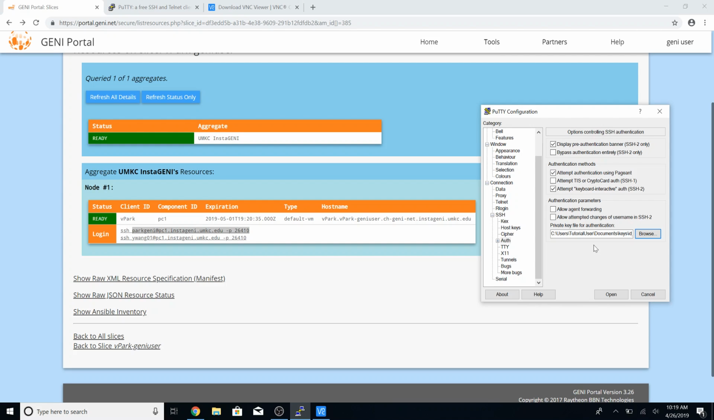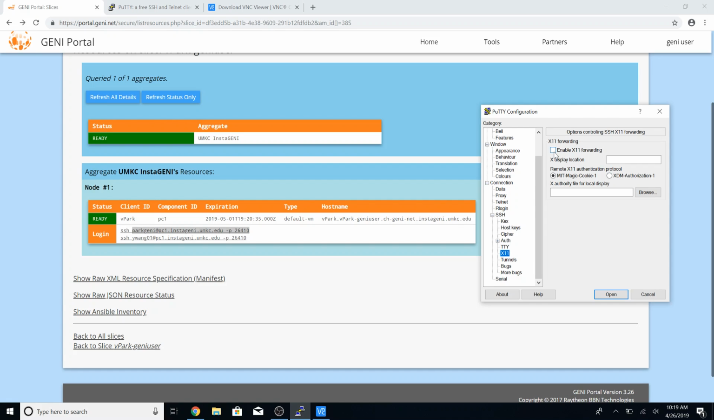Since we're trying to make a tunnel for our VNC client to connect through to, we will require a few additional configurations to make for our PuTTY terminal. We want to navigate back to this left side here, and underneath the Auth tab, we want to select the X11 tab. We want to click on the checkbox that says Enable X11 Forwarding. Then we want to go to the Tunnels tab,